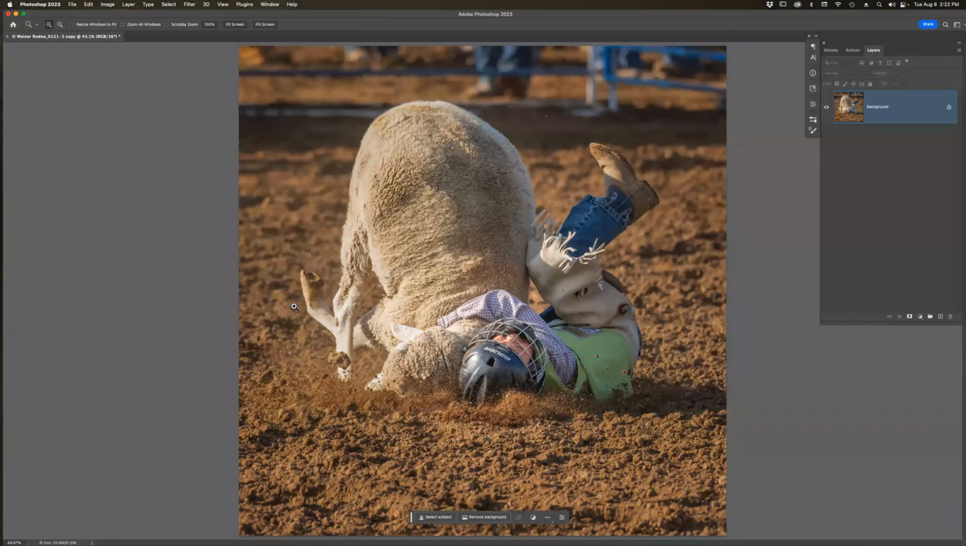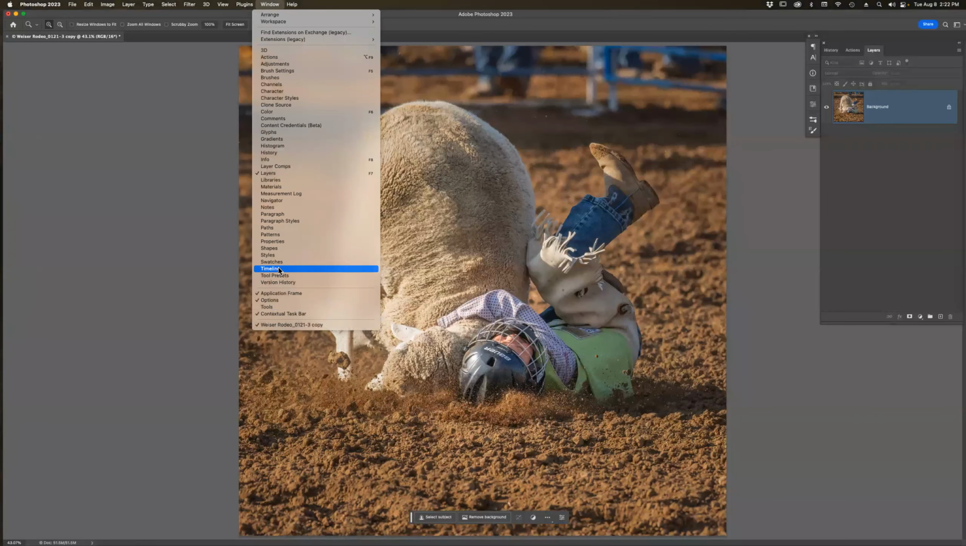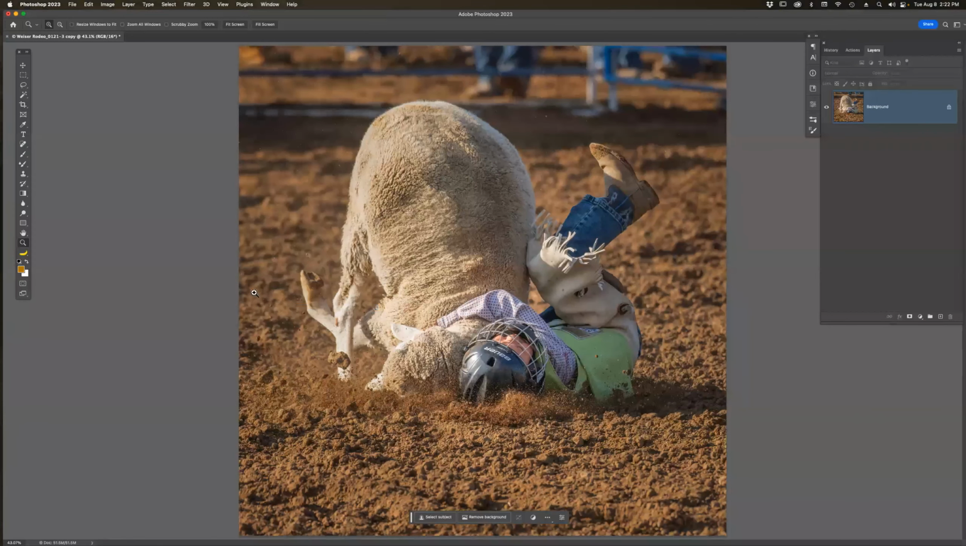Tools, I could turn the toolbar on and off on the left-hand side. I really don't need the toolbar except for when I'm picking colors for my foreground and background colors, because everything on there is a keyboard shortcut. And once you get used to the keyboard shortcut, you can just go ahead and say, goodbye toolbar,